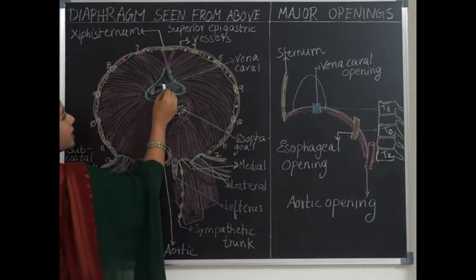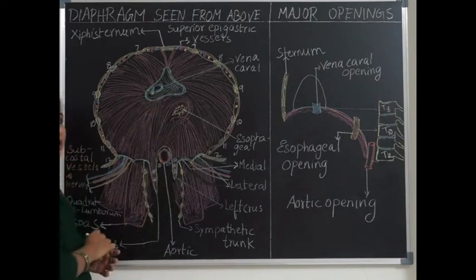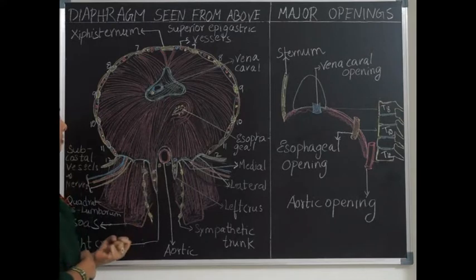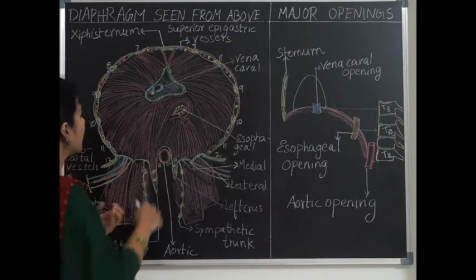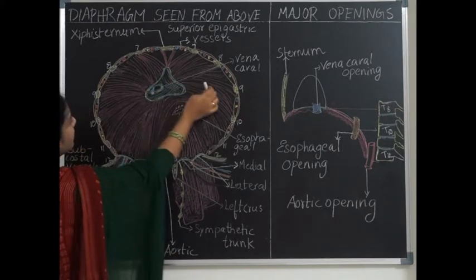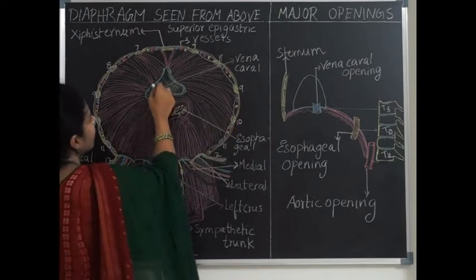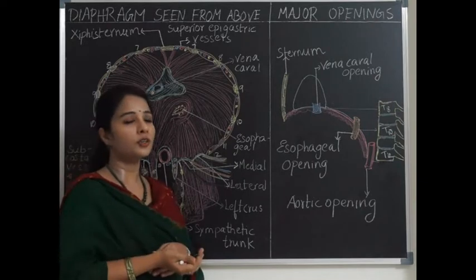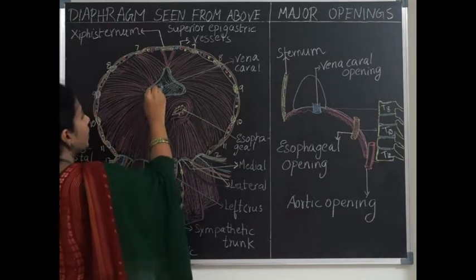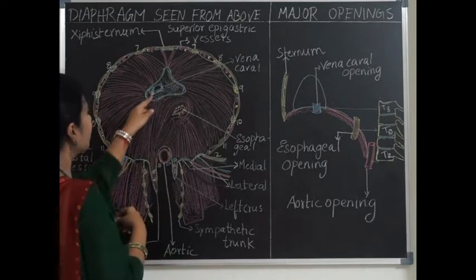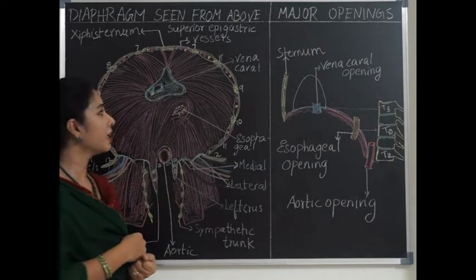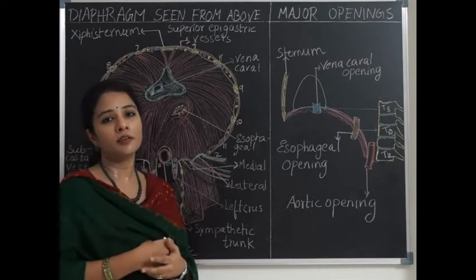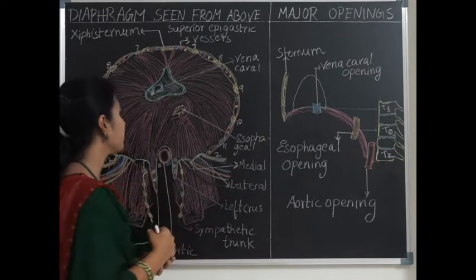The vena cava opening is present within the central tendon of the diaphragm. During inspiration, the peripheral muscles contract, allowing dilatation of the vena cava opening, so it allows venous return during inspiration. It is a quadrangular shaped opening. The phrenic nerve also passes along with the vena cava opening, and there are some lymphatics arising from the liver which may also pass through the vena cava opening.